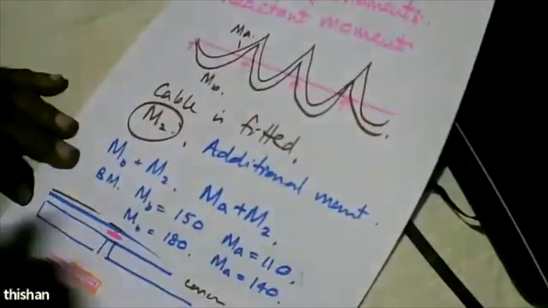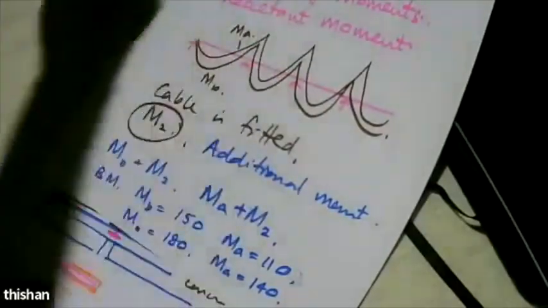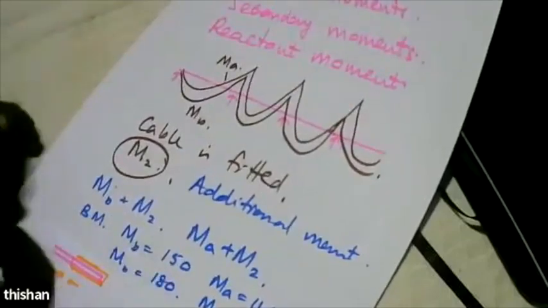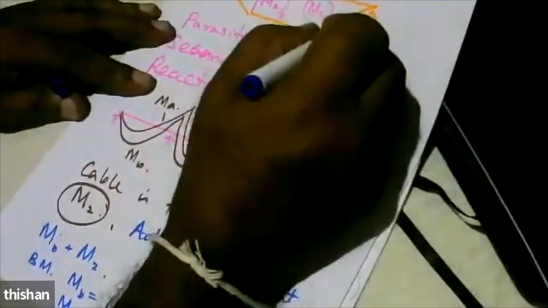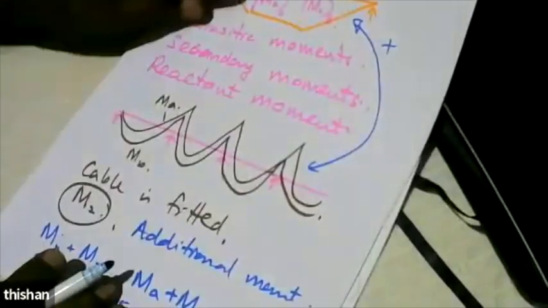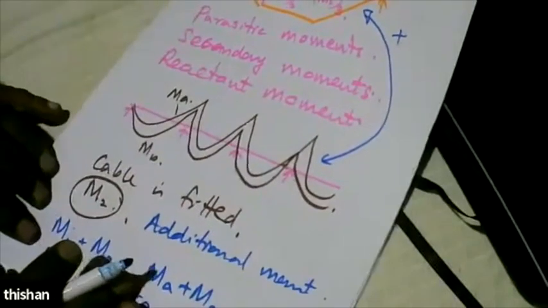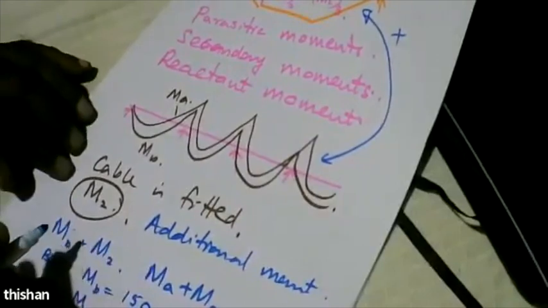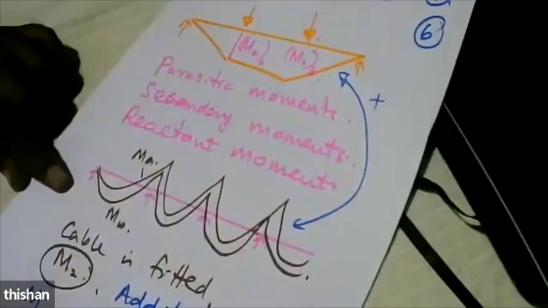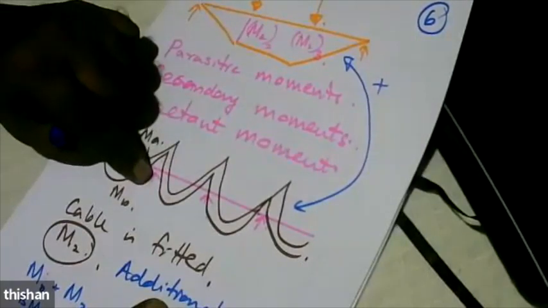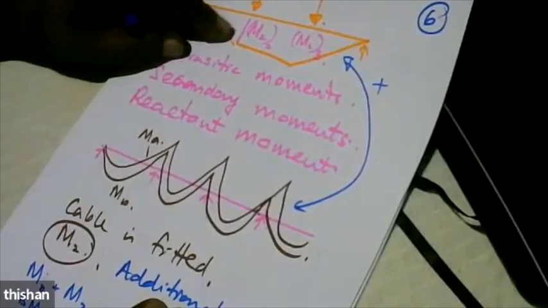And I said, because of this sagging moment diagram, these moments are going to increase. So what is the reason for the increase in the moment? What actually happens is, you have to add these two diagrams. And this is a sagging moment. So you can see, if you are adding a sagging moment, this will increase. So when you want to add two bending moment diagrams with the principle of superposition, and if this is sagging and this is the normal envelope, this is sagging, what we do is, we actually mark